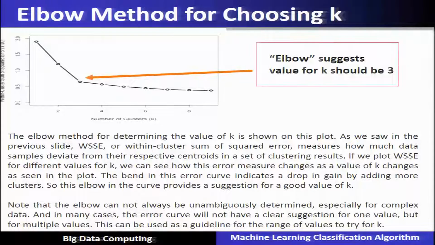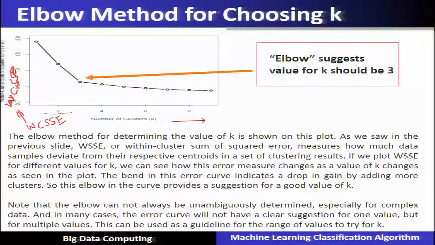In this elbow method, we can see that this WCSSE, that is within cluster sum of squared errors, that we have seen. Again we are writing WCSSE. This term is shown on the vertical axis, and on the horizontal side the number of clusters, that is the value of k. So, as we increase the value of k, we can see that it is coming down,